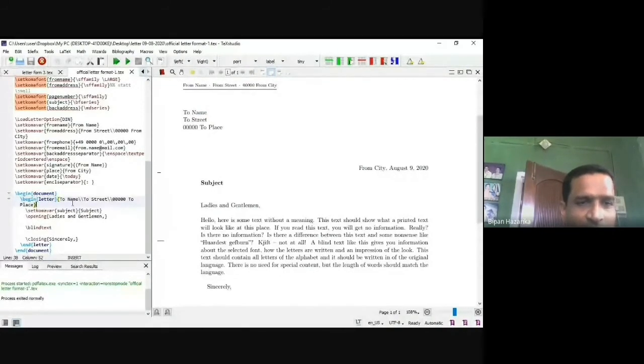If you put a double slash, the second line will begin. Then the subject is shown here. Then the opening, that means sir, madam, like that. If you write sir or madam in the opening, it is automatically shown here.